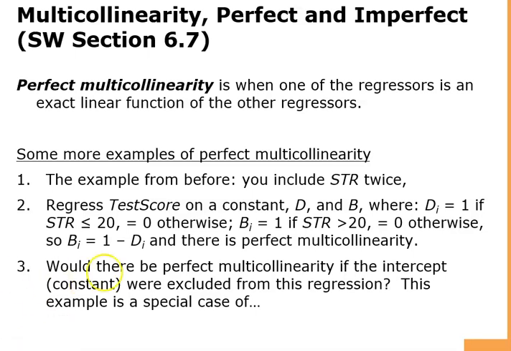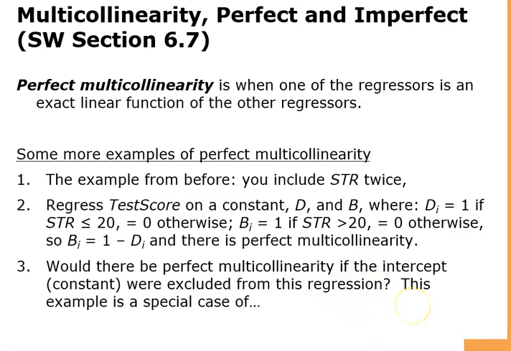So if we look at this example over here of D and B as our variables which we are including, where B is equal to 1 minus D, would there be perfect multicollinearity if the intercept were excluded from this regression? Now that's an interesting question. If the intercept was excluded from this regression, then there will not be a case of multicollinearity, because